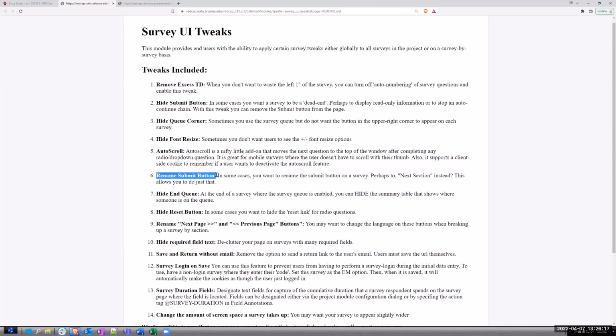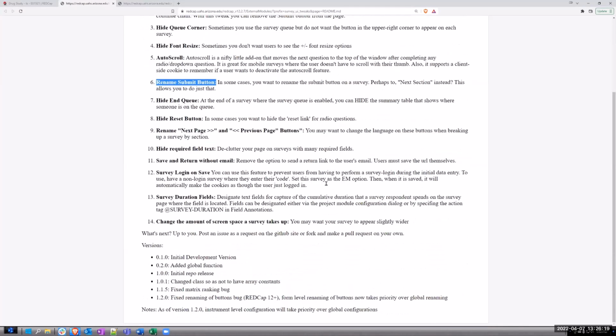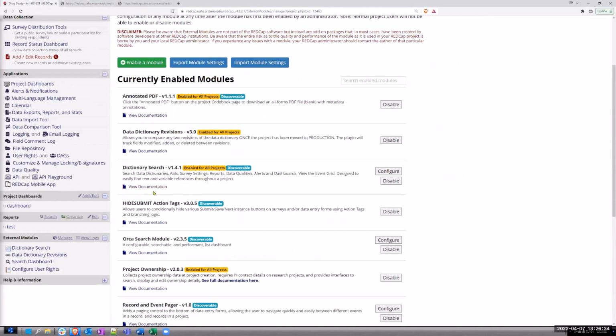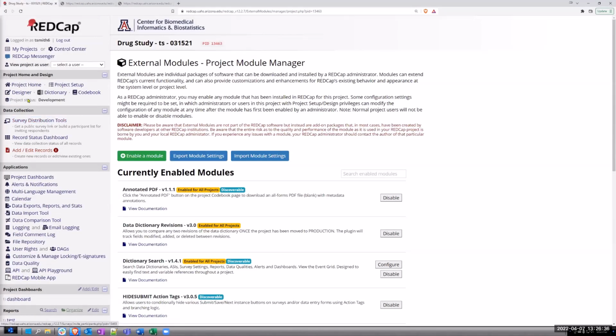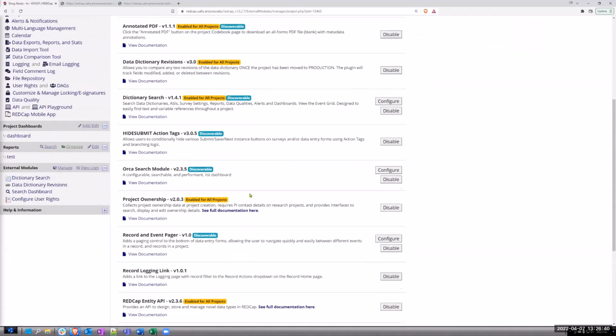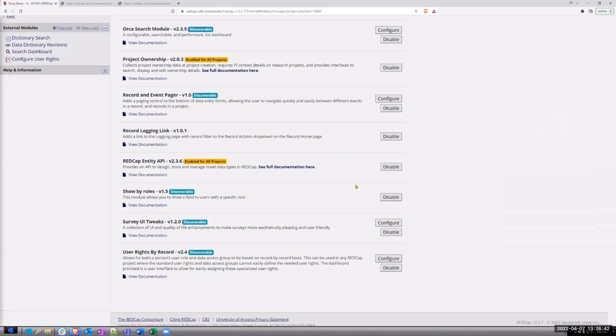Sometimes you'll say in the text on your instrument, please click on the next button to proceed, because submit sometimes doesn't really tell you what you're saying. So if I go to my external module and look at the UI tweaks,